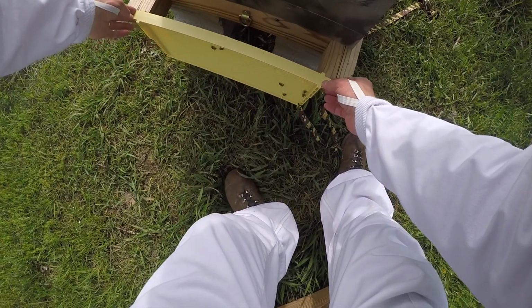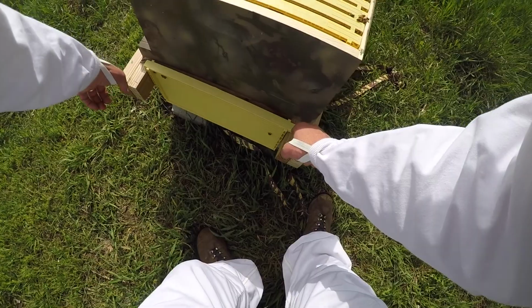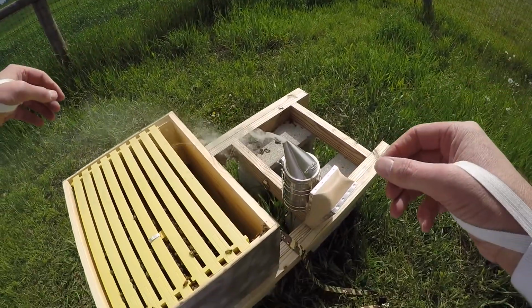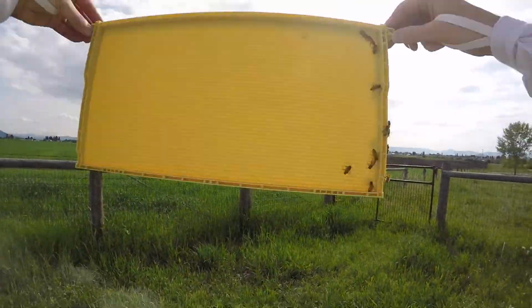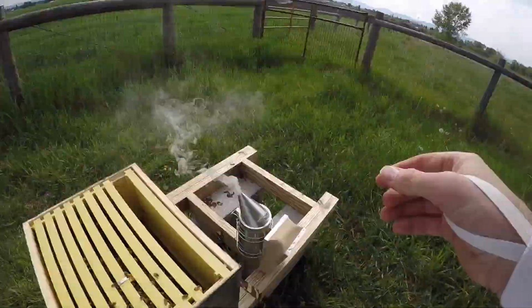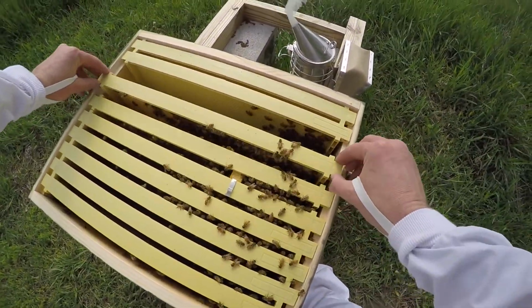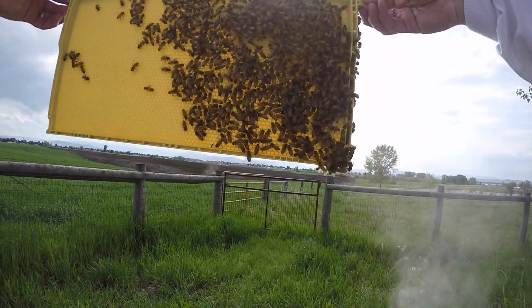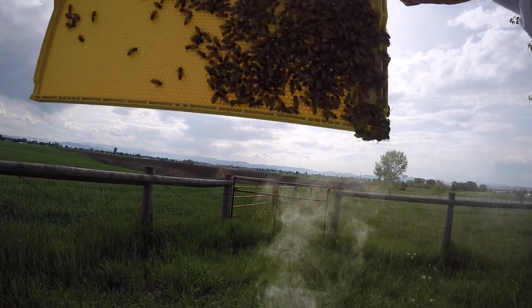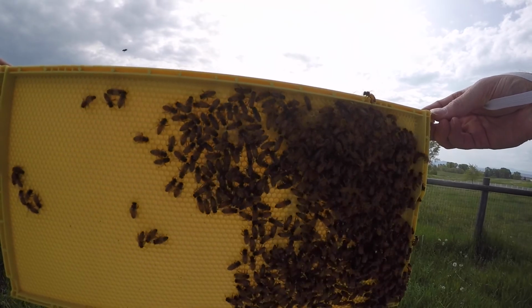The stand I built specifically with these pieces spaced far enough that you can put a frame lengthwise in between there as a hanger. Take a look in here. Has a fair amount of heft to it, and I believe that is because of all of the bees on it. But if you look closely, you can see them starting to draw out some comb on the